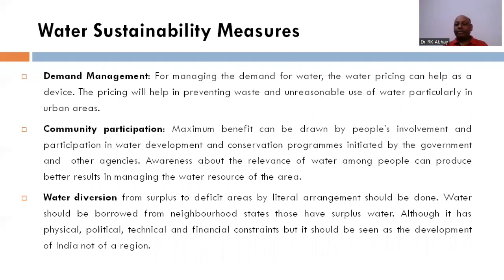Water diversion from surplus areas: interlinking of rivers has been very much in the news, but not implemented at a large scale. But we have seen some success stories where small links have been created and are doing a wonderful job. I think water diversion, instead of interlinking of rivers, is better to divert water from surplus areas to deficit areas for their economic, social, physical and technical development.